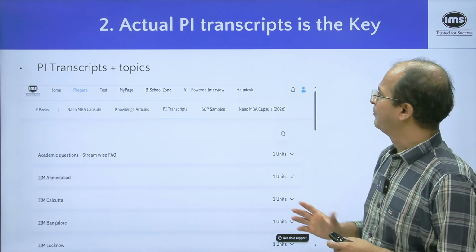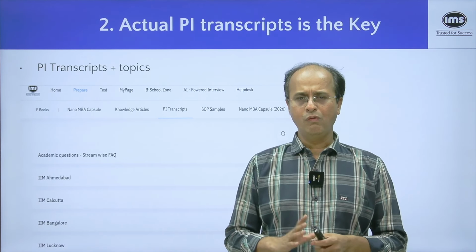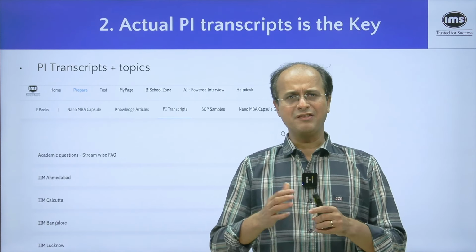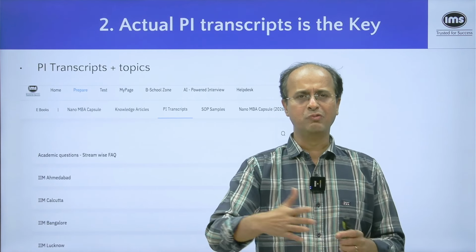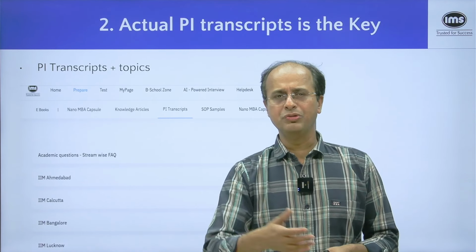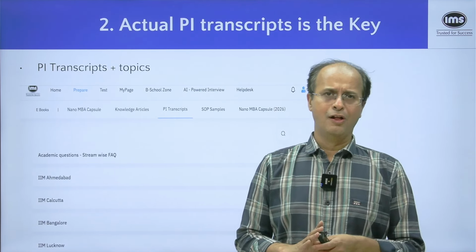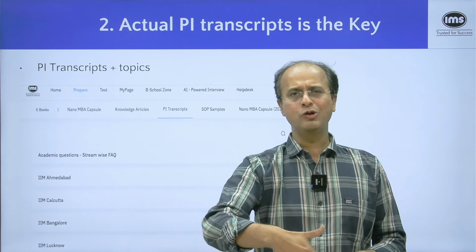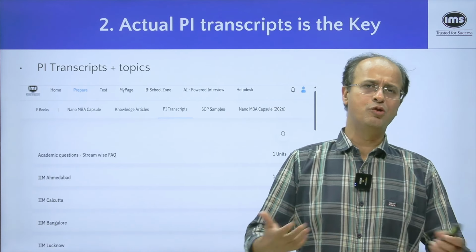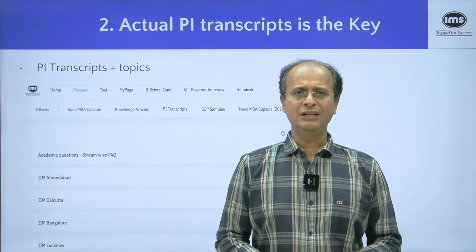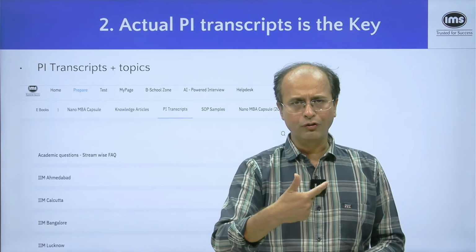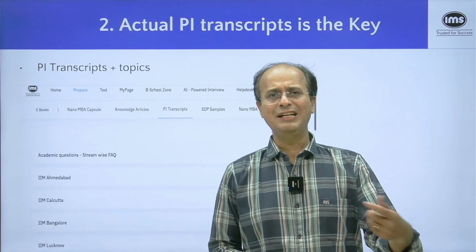Second is, it is very important to know what kind of questions are asked in the PI round. Somebody having a very similar profile like you, let's say an engineer with some work ex, or a BMS student with no work ex, or an arts student who has majored in literature. All these profiles of students have been interviewed by the B schools in the past, and I'm sure this year also hundreds if not thousands of these students will be interviewed. So one very effective method is to go through the PI transcripts, A, of the past years, and B, also of the current year students, so you know what the trending questions are.